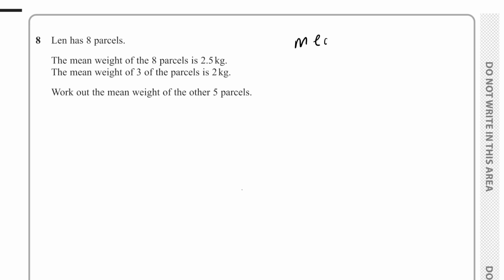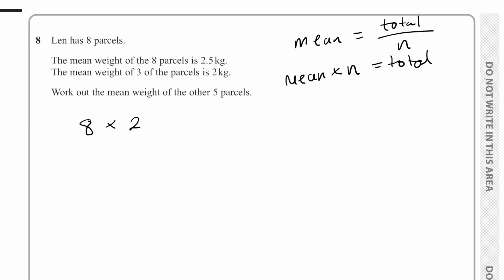So the mean is where we add them all up, so the total divided by how many. So if we want to go back to the total, we do the mean times how many. The mean times how many things there are equals the total. So we're going to do 8 times 2.5, which is 20. So that's the total weight